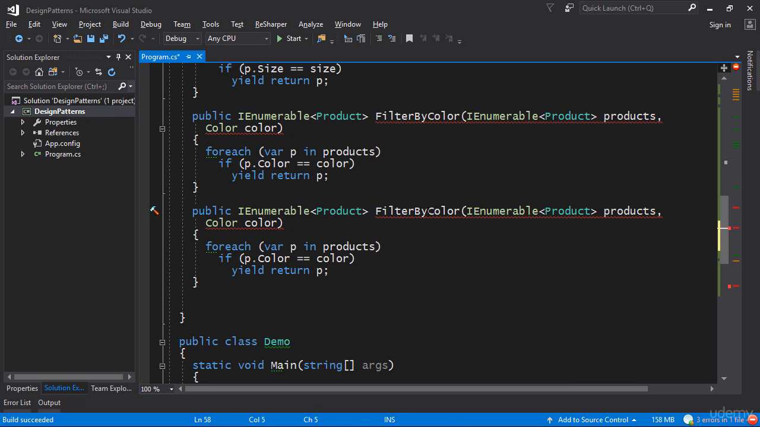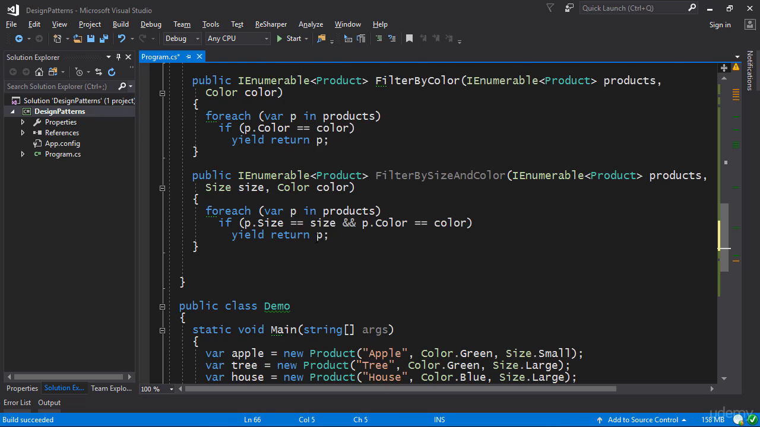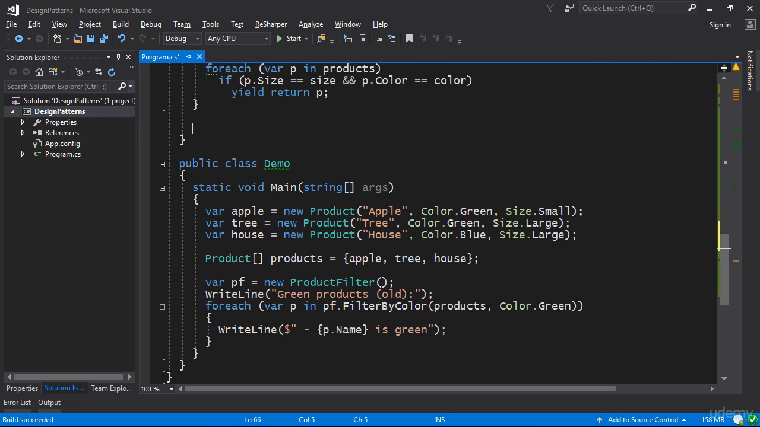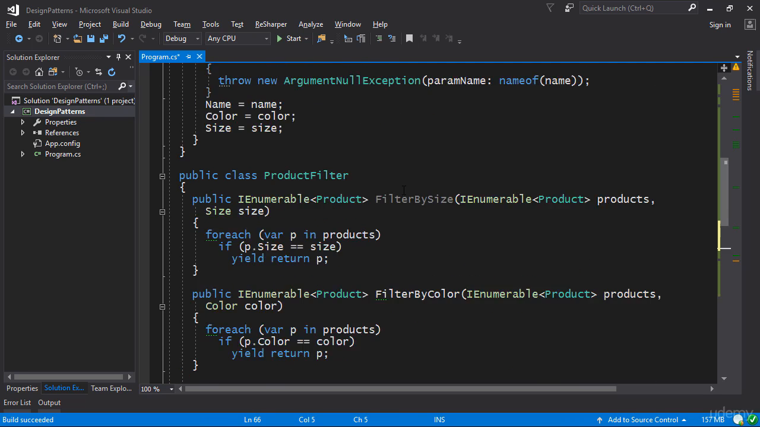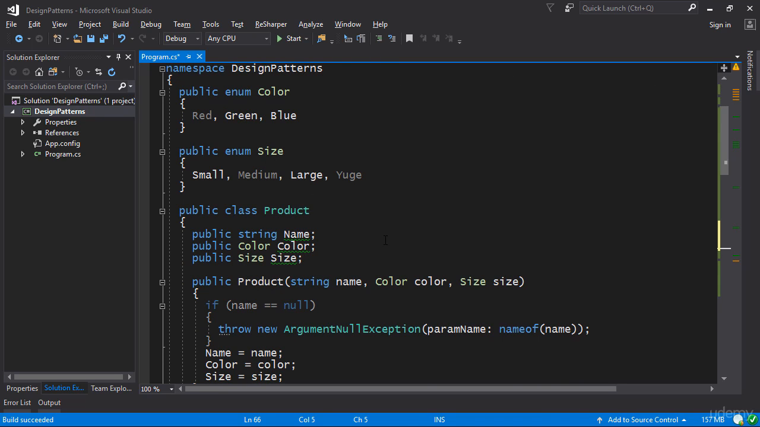So we're going to filter by size and color. If you want to filter by size and color, you have to specify size, color, and then you say p.size is equal to size and p.color is equal to color. So this is how you implement this, and then of course you can start using it. And this whole thing, everything that I've shown right now, happens to break the open-closed principle,